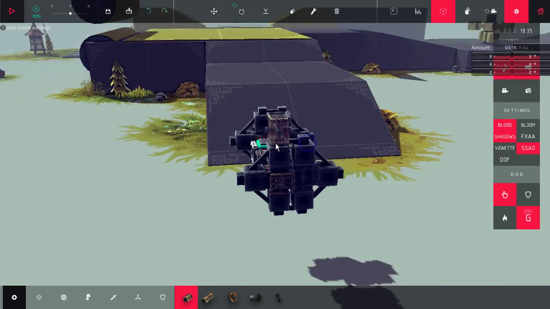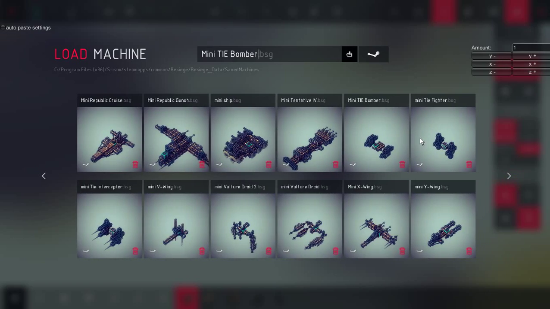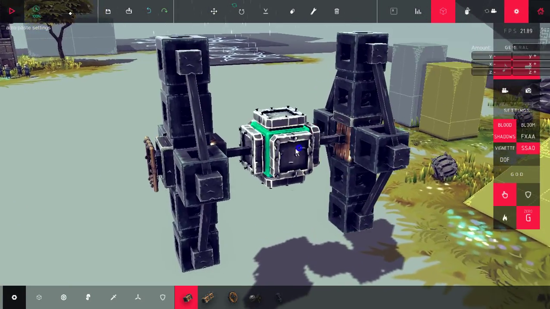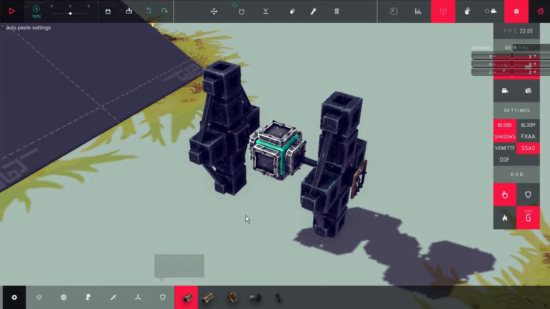Here you go, TIE Bomber. So here's the TIE Bomber. Or in fact, I'll actually do the TIE Fighter. I'll start off with the TIE Fighter. So here is the TIE Fighter, which is the first one that I actually made. It's literally built around the starting block. I covered the starting block in, well, actually,